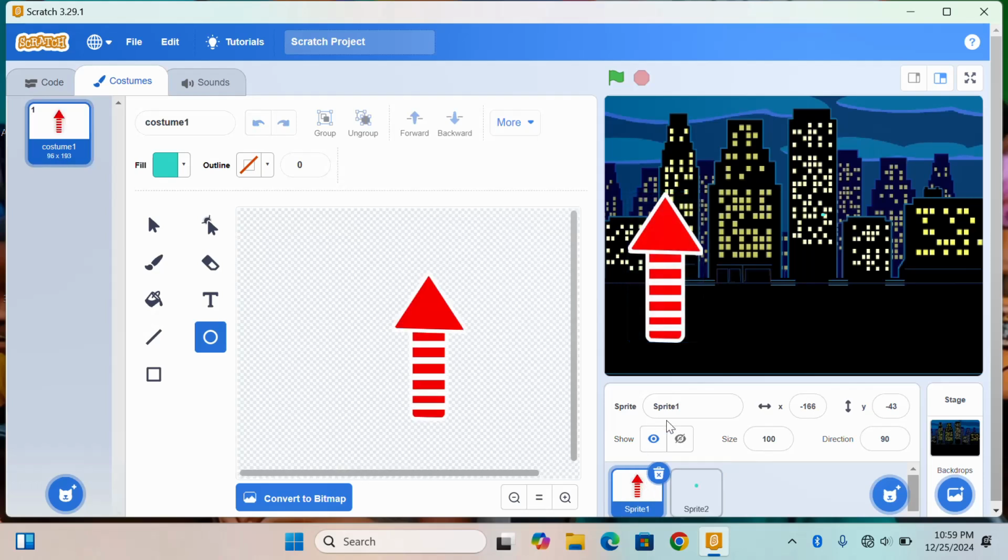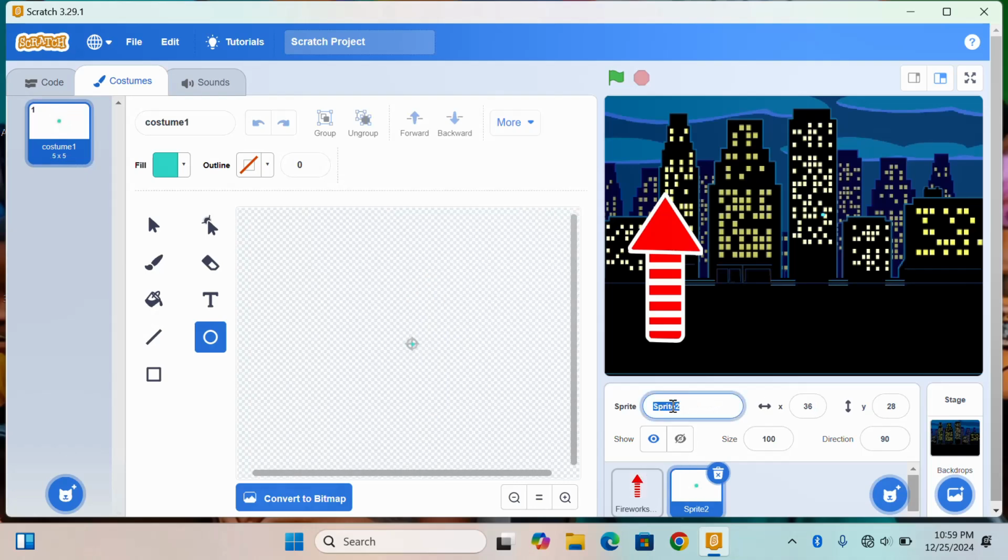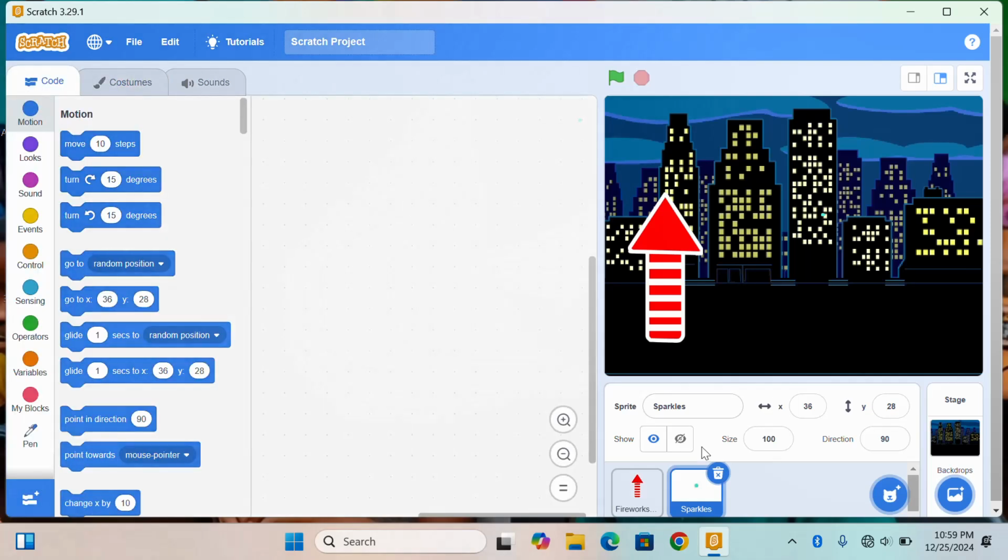So let's name our sprite. This is what? Fireworks rockets, right? Then this is what? Sparkles. Good. So it's now time for us to code both the rocket and the sparkle. So we are going to be starting